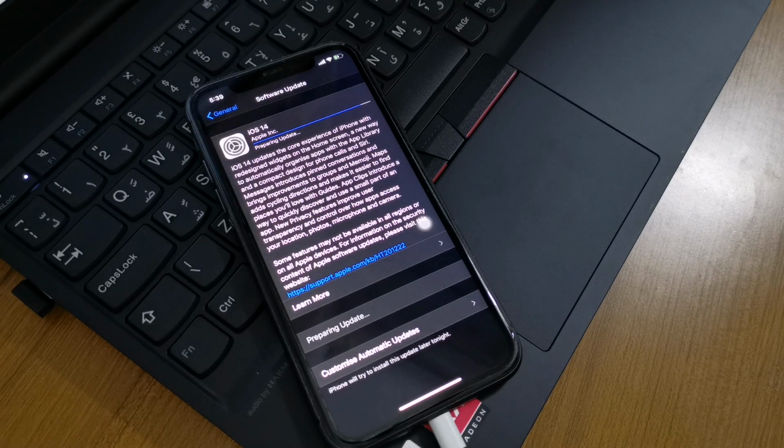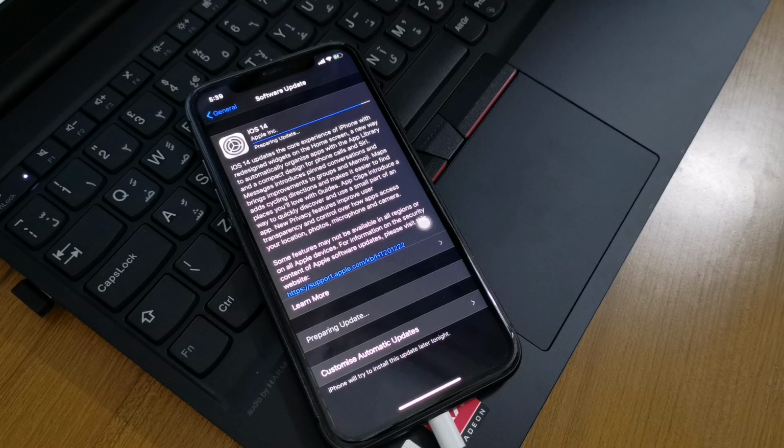Now, I mentioned the sleep mode toggle here in the control center earlier, and that is a new feature. So let's go ahead and check that out. If we go into our settings and go to clock and go to alarm, you will notice that we now have a new setup here. So it says sleep, wake up, and we have no alarm right there. If I go ahead and tap on change, you can see here sleep is off. To turn this on, just simply tap on turn on, and let's go to change, and you can see